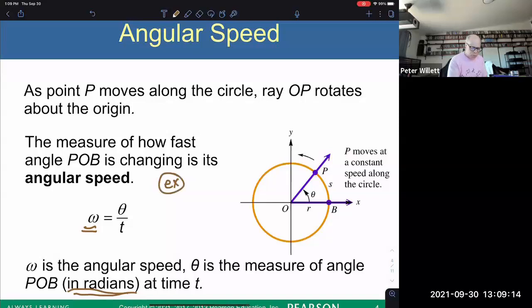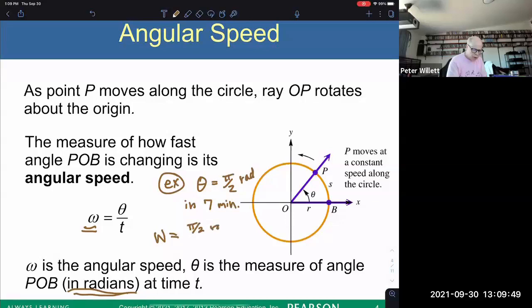Let's say that you opened up a theta of pi over 2. And pi over 2 happened in 7 minutes. And pi over 2 is in radians. Well, we can think of pi over 2 still quickly as 90 degrees. So you did 90 degrees in 7 minutes. But if I want to calculate this W value using radians and the time given, then I would do pi over 2 radians divided by 7